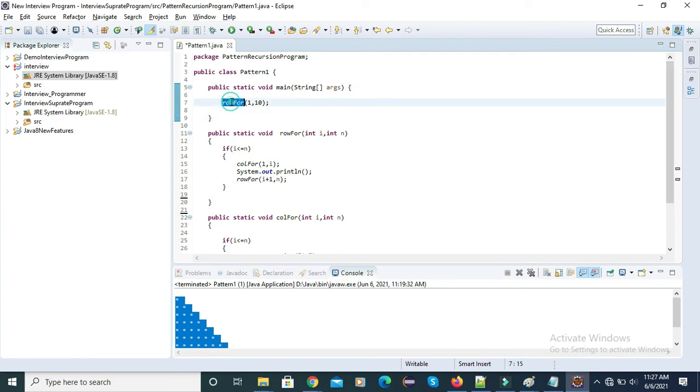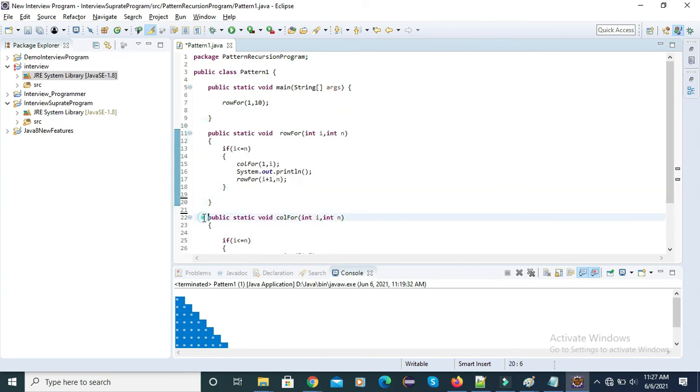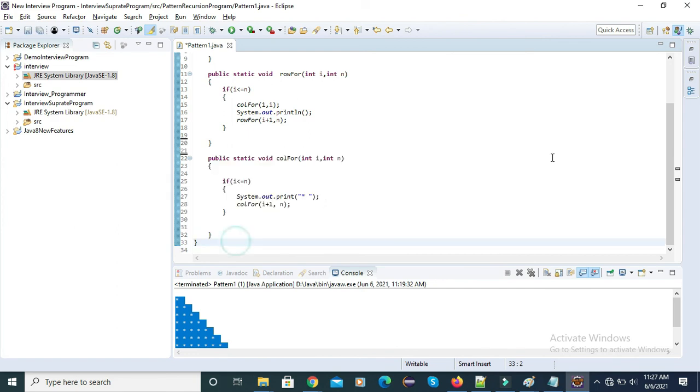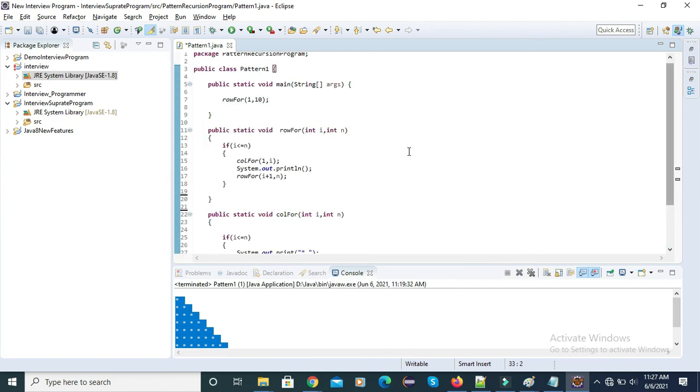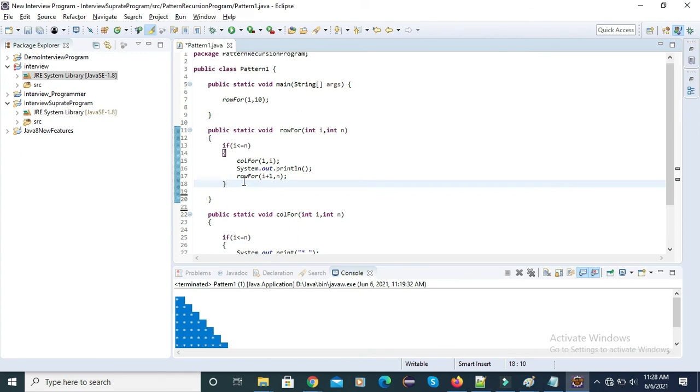Here we call this method, which we define as the outer for loop, and this method, which we define as the inner for loop. We simply pass two values, the pattern start value and the pattern end value, and we call this using an if condition. This method calls itself again and again until the condition is true.